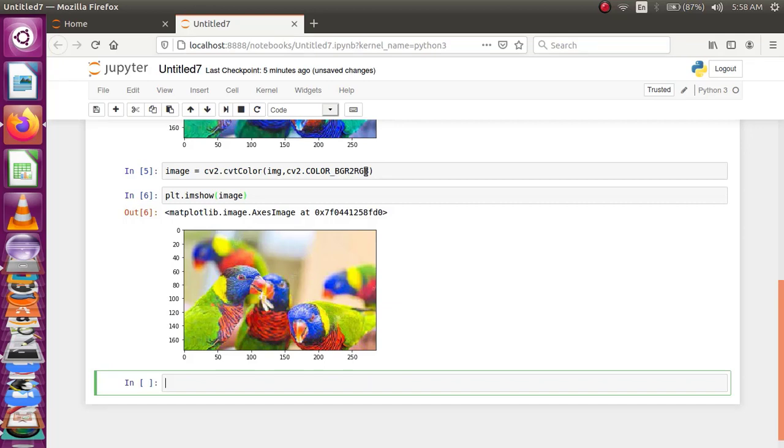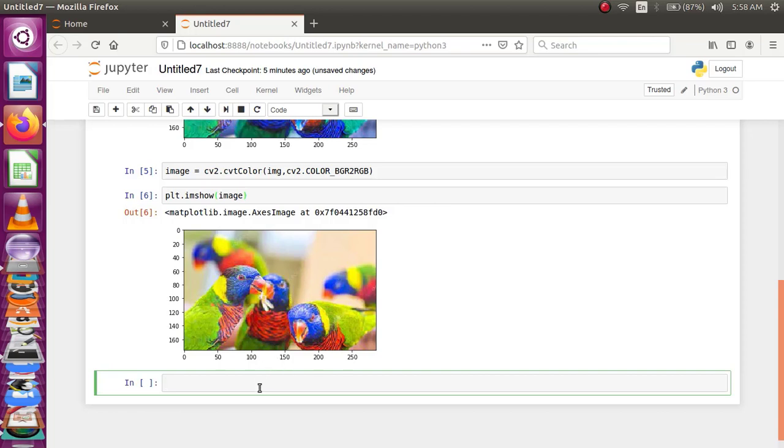Next, we have to extract the channel information from this image. You can see this image has 3 channels of information: red, green and blue. So what I am going to do is separate all these 3 channels from this image.